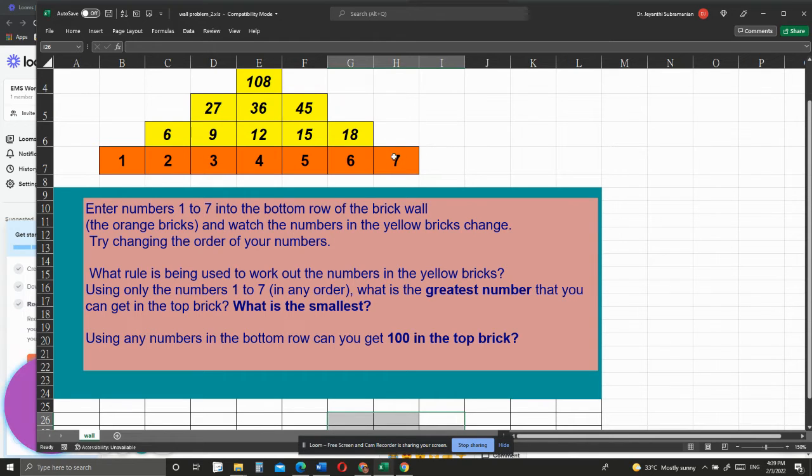They can change the order of the numbers in the bottommost row. That's the only thing they can do. All other numbers cannot be changed. So to make that work, we have to protect this sheet. Before that, we have to lock the cells so that they cannot